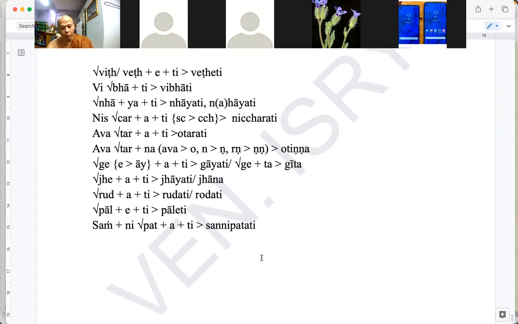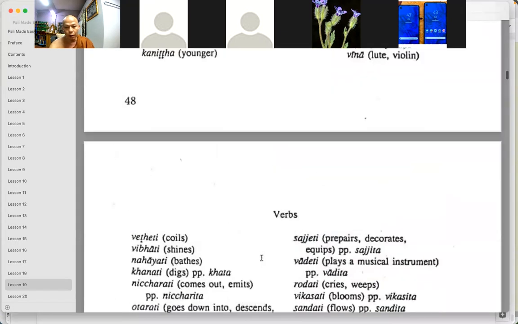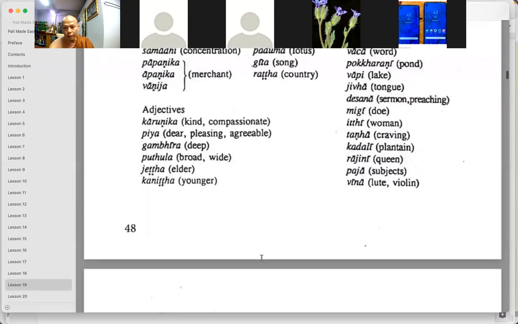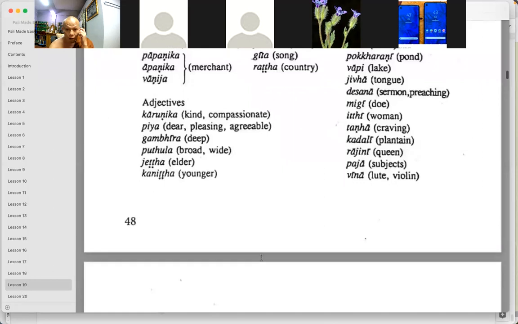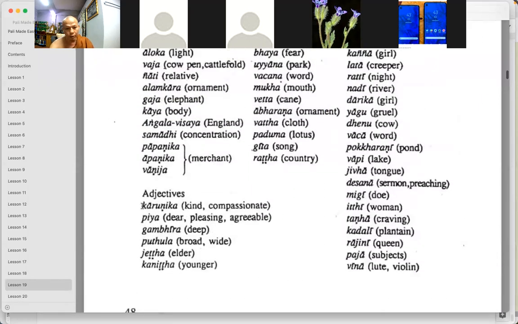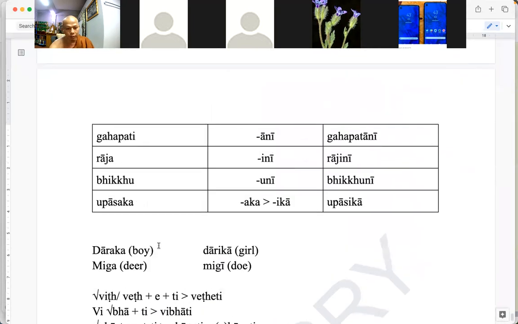So, okay, now we finished the vocabulary. So maybe it should be, so I skipped some here, adjective, sorry. So karunika, adjective. Karunika means kind or compassionate. So, those karuni, one more important one based on